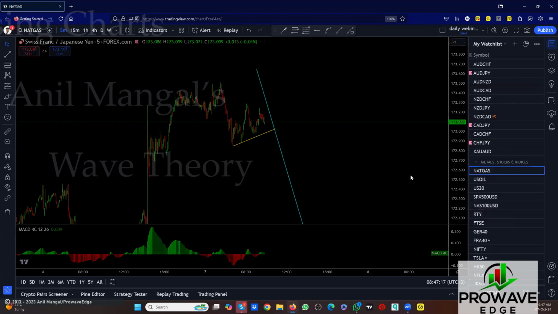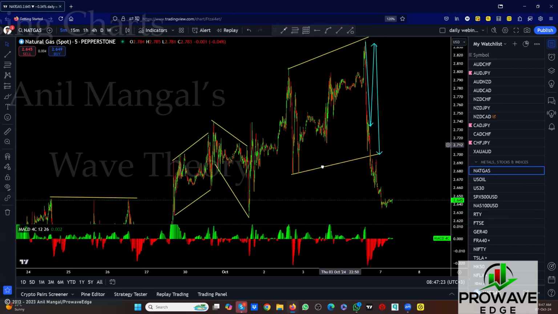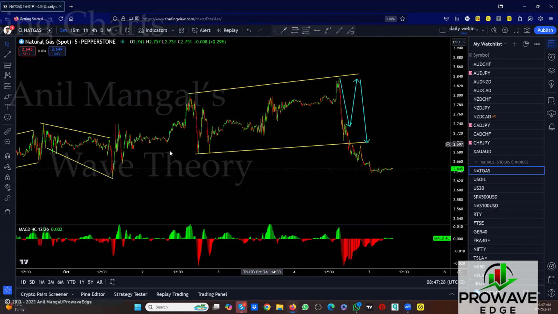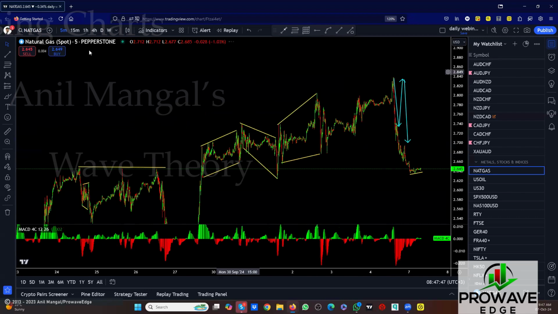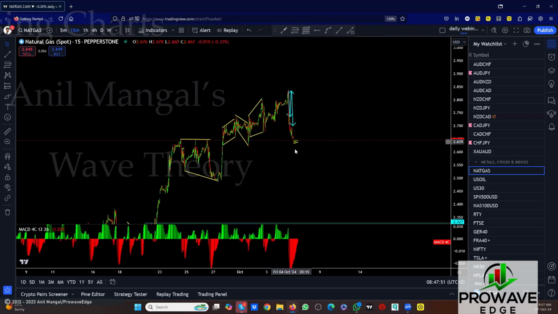Natural gas. Okay, we never got the next one up, and it's still possible it could happen. We'll have to come back and put these here. If this was a really slow one, if this drops, and it looks like it can drop, then this will belong to these here with a very, very slow up move. That up move was extremely slow. So let's look at it this way and see if that belongs to that, and that is the top of the move. Then we are coming down.